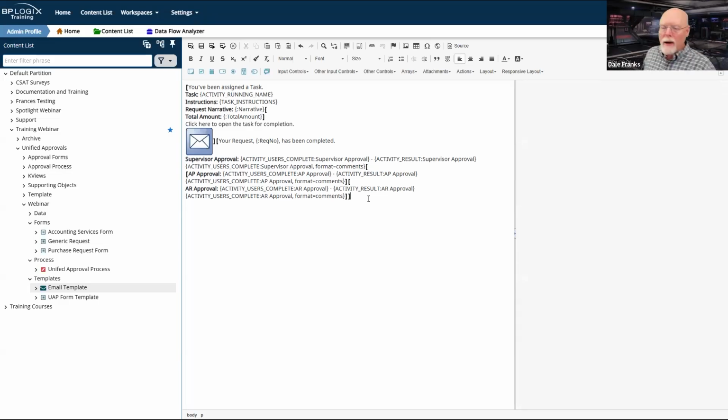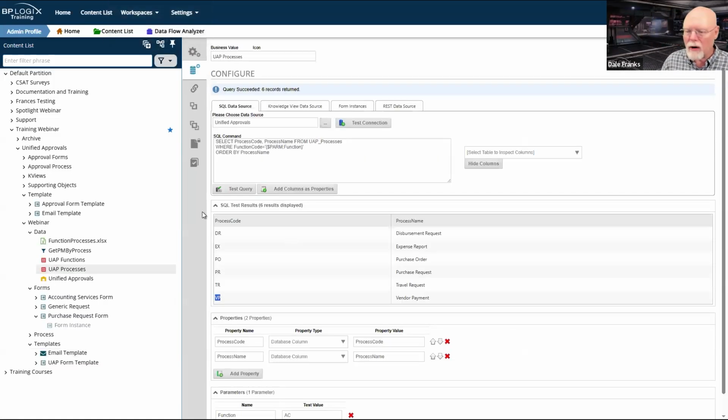There is one potential problem in terms of readability for this email, and that is with my ad hoc approvals. So I'm going to save what I've done so far, and let's go back to our process timeline and take a look at it.